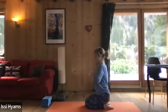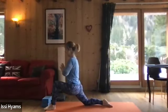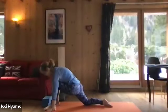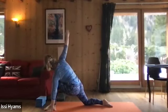Stepping forward again into low lunge. If you're in a shorter version of low lunge, bring your bricks in. Hands come to the floor. Left hand is on the floor beside your left foot. We're going to open up in the next 3 breaths. So when you're ready, inhaling, right arm comes up, or you just turn your shoulder with your hands at your